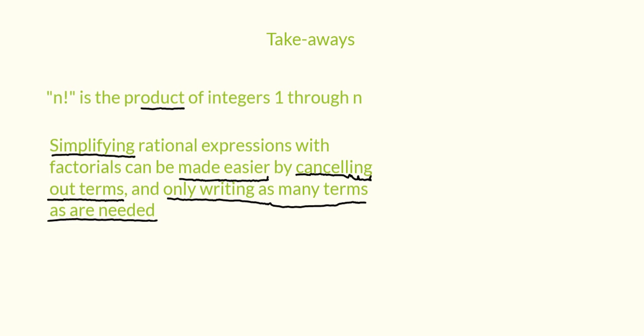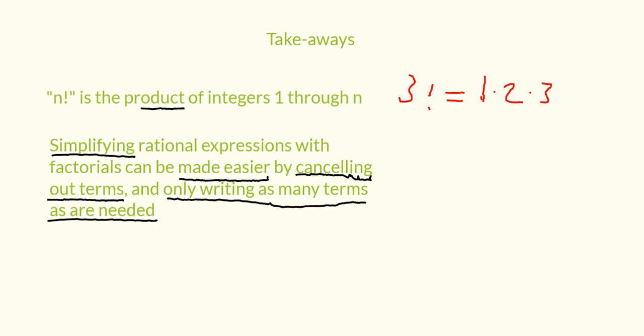The takeaways from today's video are that n factorial is simply the product of the integers 1 through n. For example, 3 factorial is equal to the product of 1 times 2 times 3. And also, simplifying expressions with factorials can be made easier by canceling out terms and only writing out as many terms as are needed. For example,